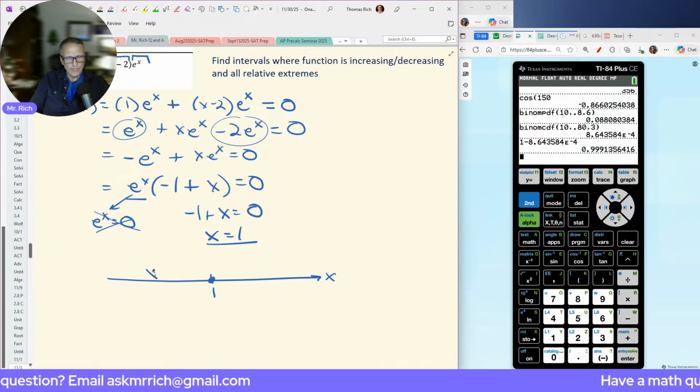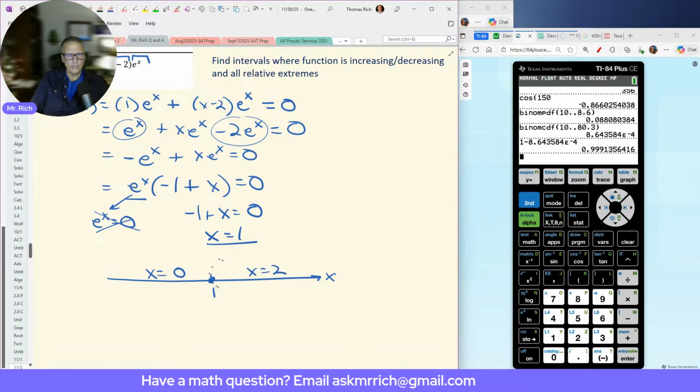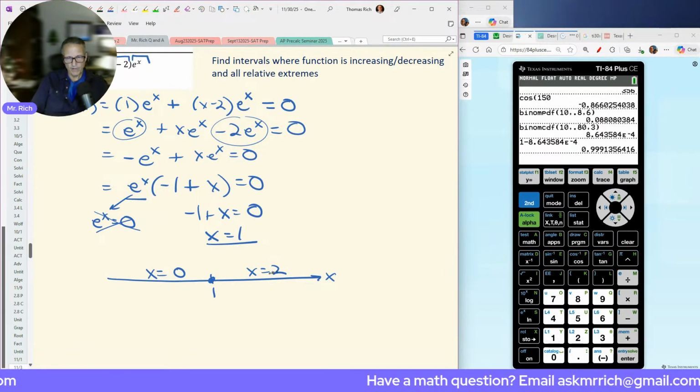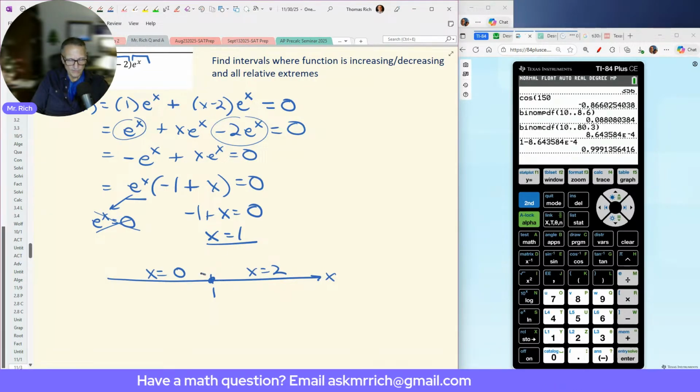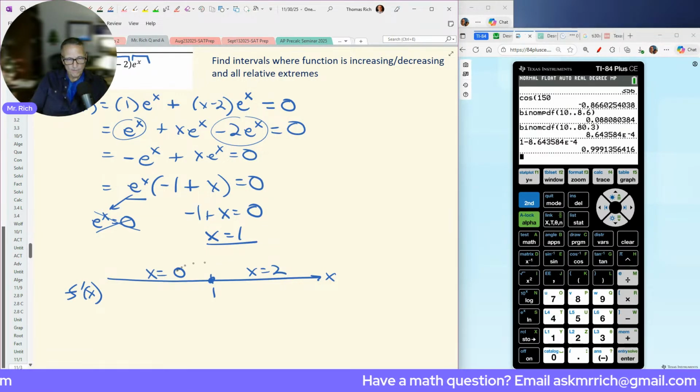And then I'm going to take a point to the left of 1, which I'll use as 0, and then I'll use the number 2, which is to the right of 1. These two values that I'm picking right here are representing all values to the right of 1, x equals 2 is, and 0 is representing all the values on the x-axis to the left of 1. Now what I want to do is find out what's the sign of f prime of x for these two